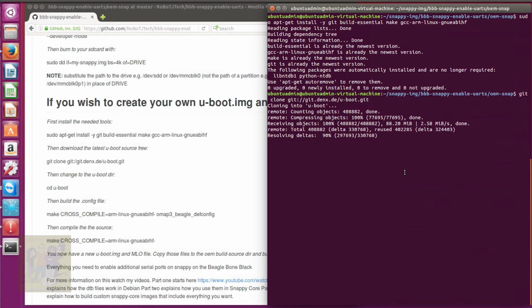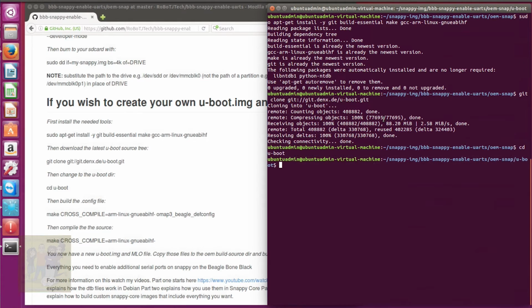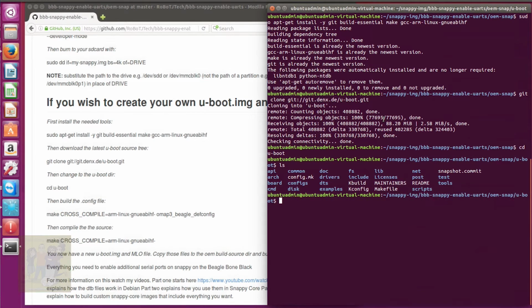All right, it's just about finished. This is quite a timely process to download it. It's quite large, as you noticed. There's like 765,000 files. So we are now going to change to the U-Boot folder. This is what we just now downloaded. This folder has some default configs. If you look,